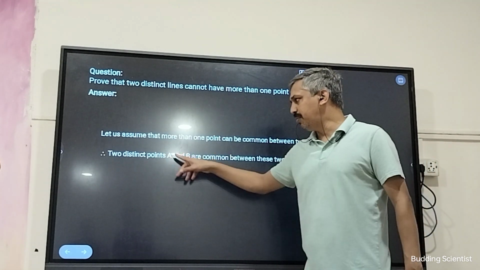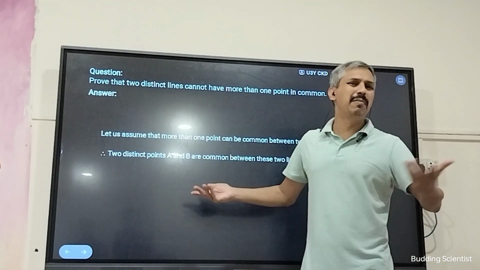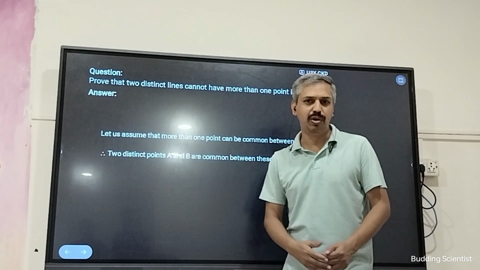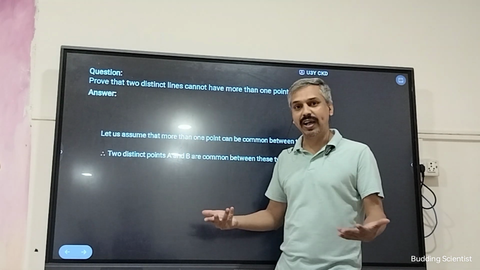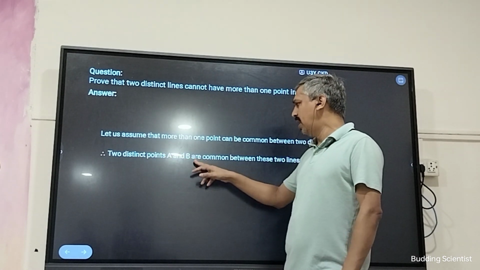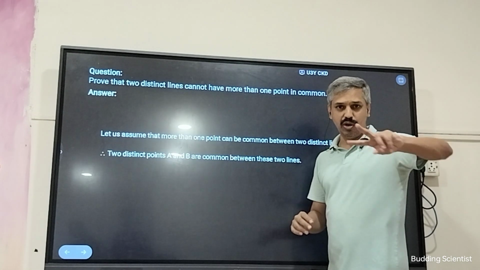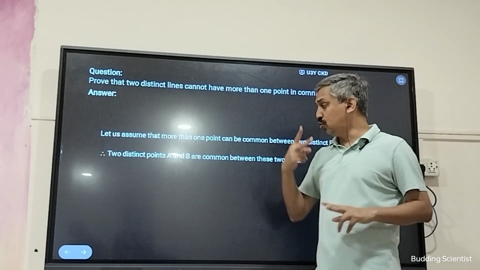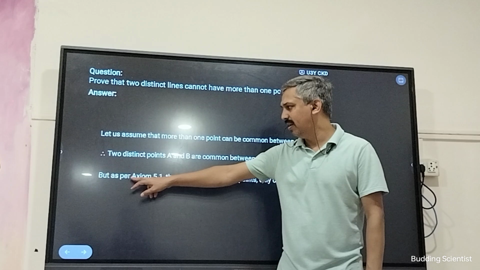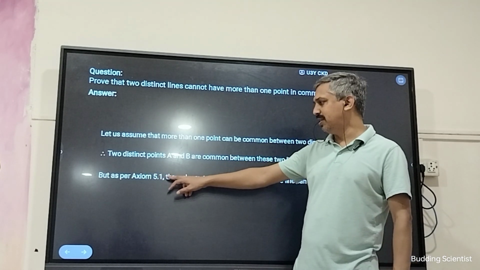So there are two distinct points A and B. I am not drawing a diagram because the diagram is impossible to draw. There are no two points which can be common to two lines, so how can I draw a diagram? Just stick to these two distinct points A and B being common between these two lines. There are two lines and in between these two lines two points are common. But axiom 5.1 states that